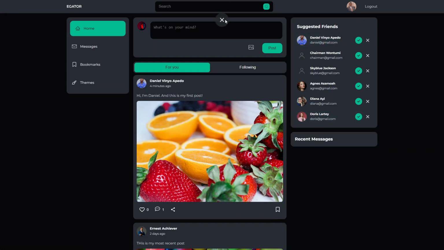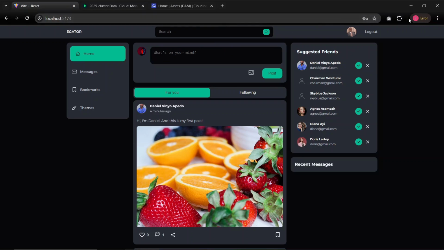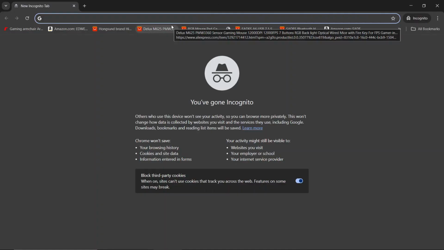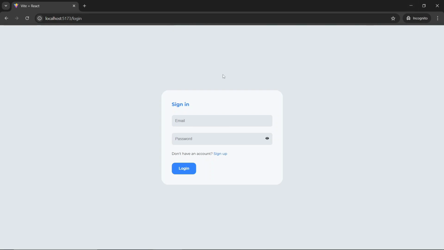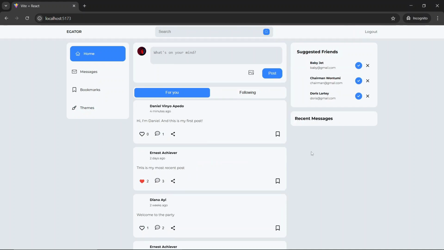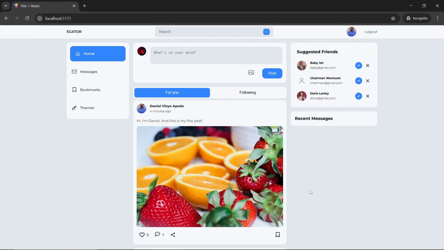So I'm actually going to open another tab, and I'm going to log in as Daniel. Okay, I'm going to log in as Daniel at gmail.com. So Daniel 123, that was the password. We've been logged in, and